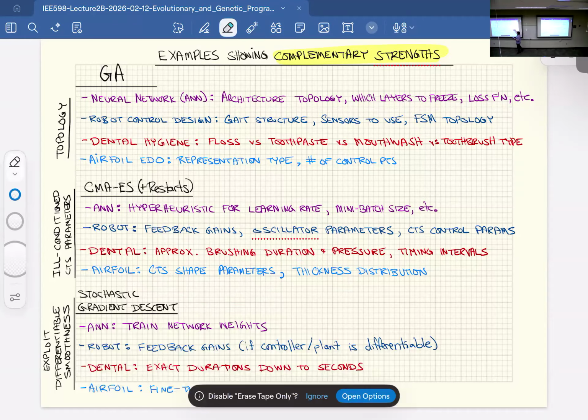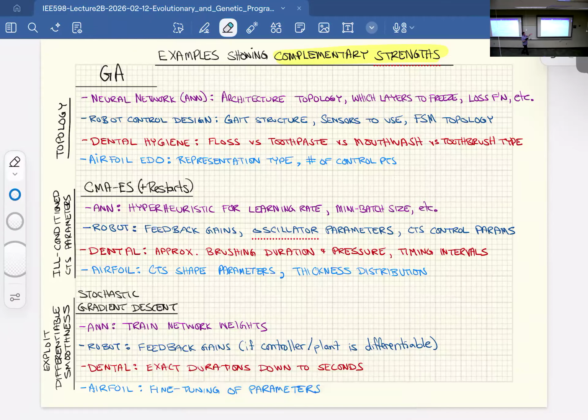After you get a rough structure of these solutions, then you can fine tune them with things in the family of gradient descent. So for an ANN, you finally have fixed the network structure, you decided which weights to train, and you've decided the structure of the loss function. You give all that to the gradient descent, and it takes that gradient and fine tunes, and it finds exactly where the best weights are given everything that's already been set up for it. A lot of that has already been done for people when they get an off-the-shelf neural network out of a paper and then retrain it for their particular problem set.